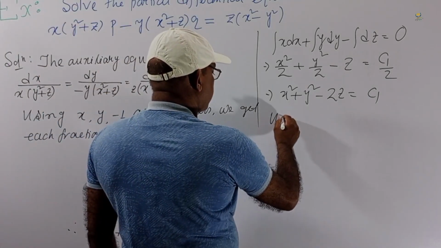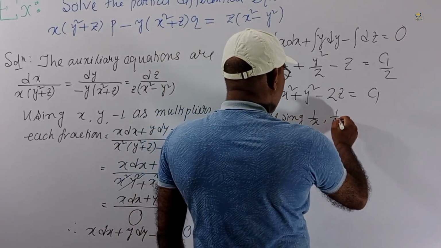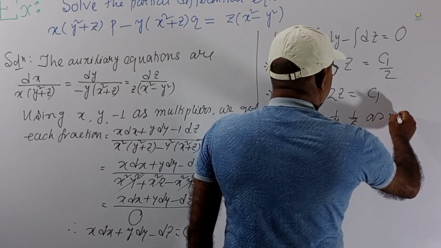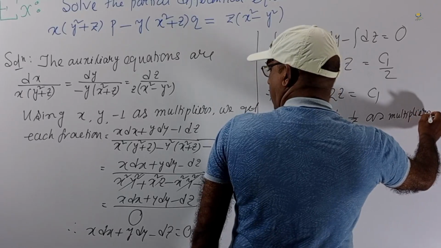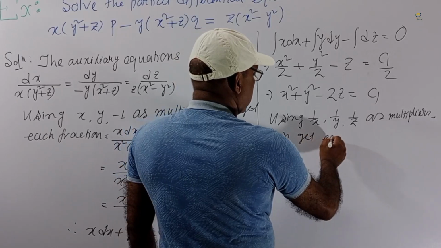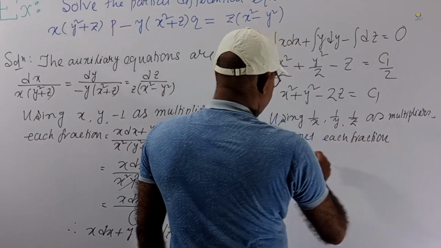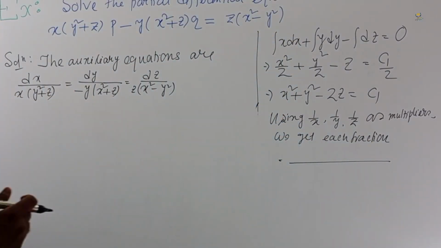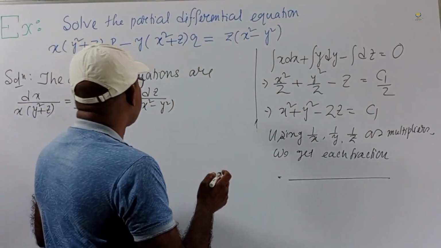Using 1 by x, 1 by y, 1 by z as multipliers, we get each fraction equal to, so we consider 1 by x, 1 by y, 1 by z as multipliers. We get each fraction